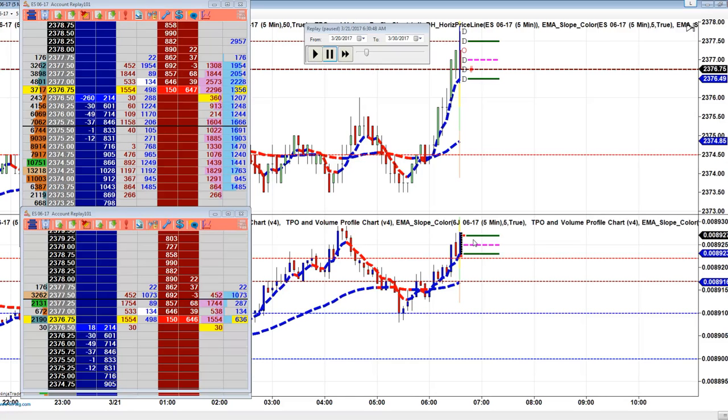I personally don't use the correlations during the day because the timing I don't feel is that accurate. I don't think that one really leads the other close enough that it's going to benefit you during the day. Bigger time frames, sure,